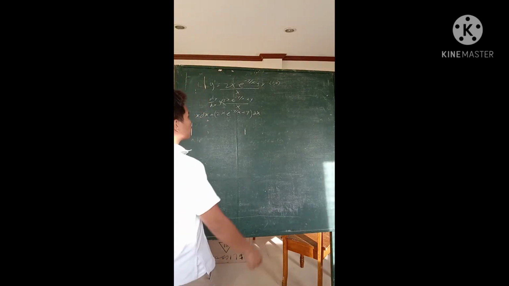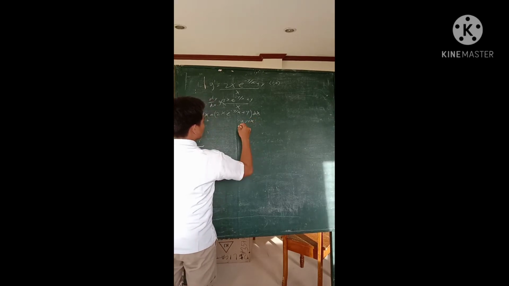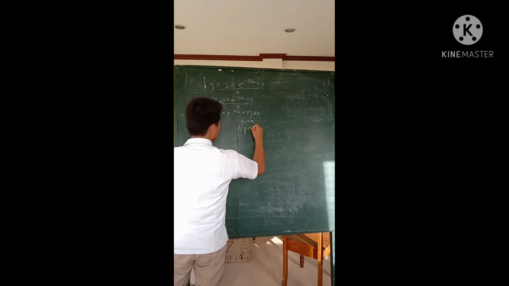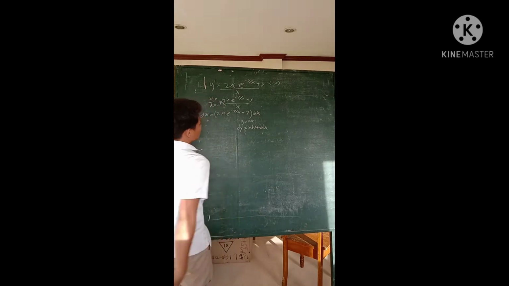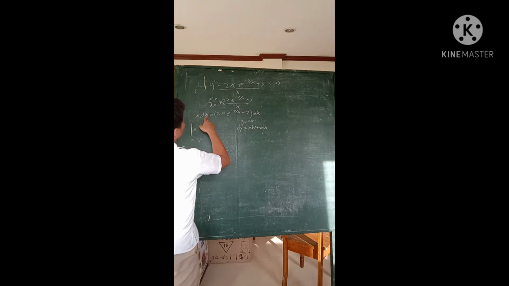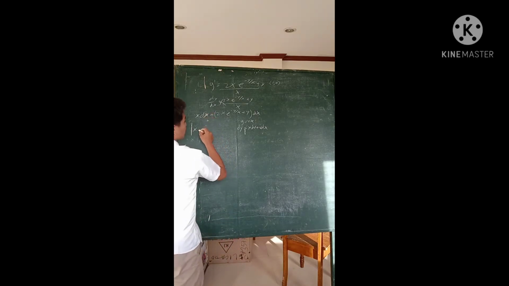So since y equals vx, the derivative of y, dy, equals x dv plus v dx. So let's change the variable y and the value dy. So x dy equals x dv plus v dx